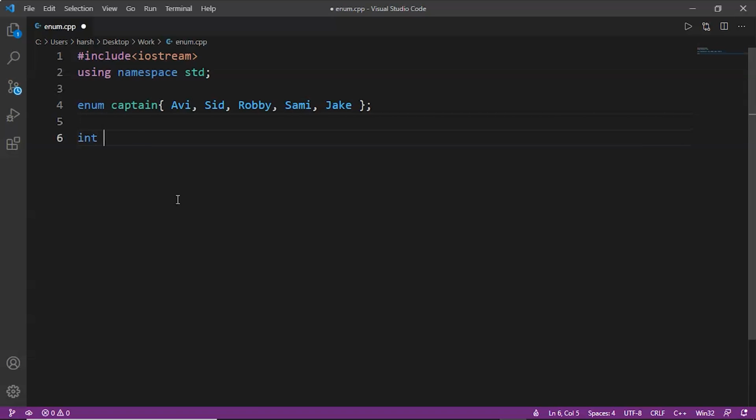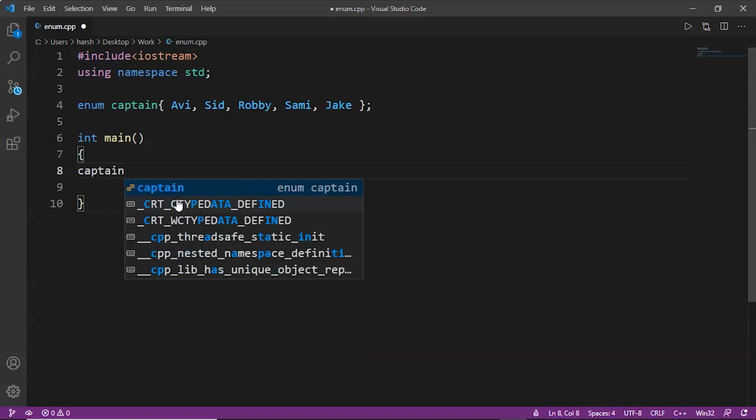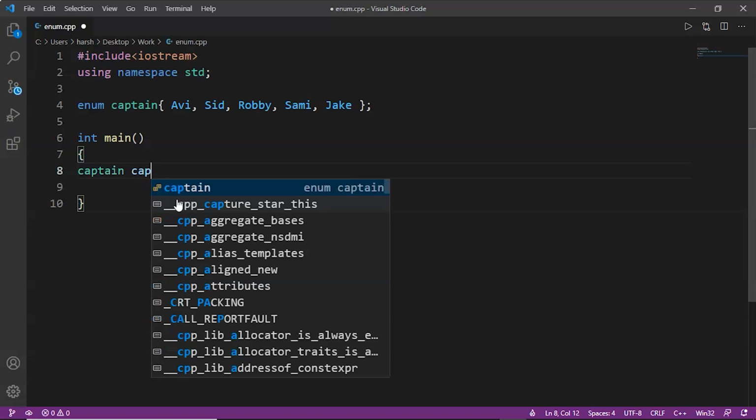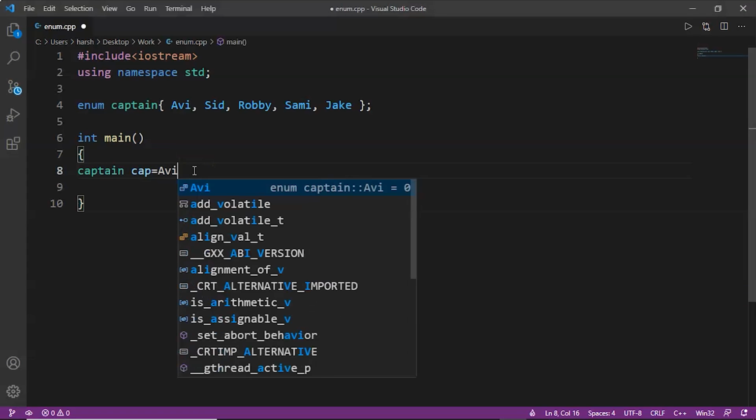Now we'll write int main. Here we will first of all write captain, which is the name of the enumerated type. Then we'll make the variable out of it, cap, and let's say Avi is the captain, so we'll write Avi.